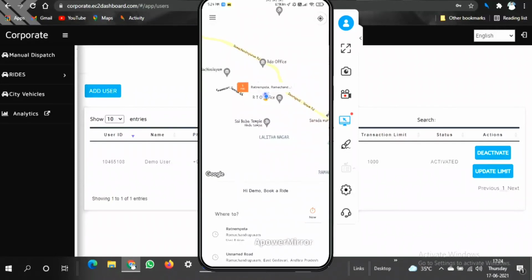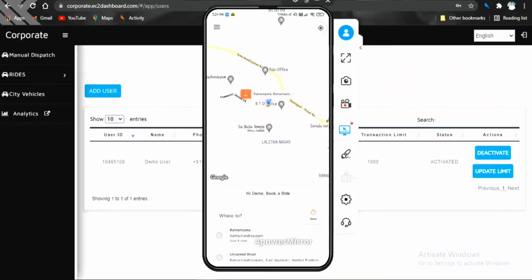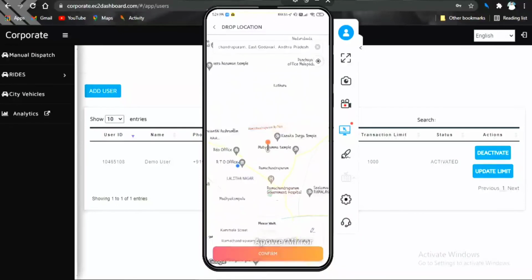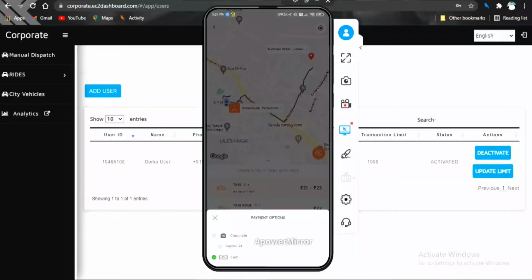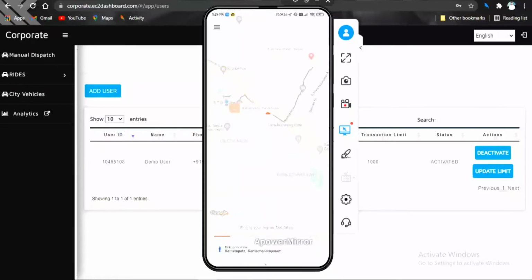I want to log in to my corporate user account and book a ride, and I don't want to pay; my corporate company will pay for me. So I will give any destination location here. You can see the fare, and you can see the option of corporate, and you can simply confirm the request.